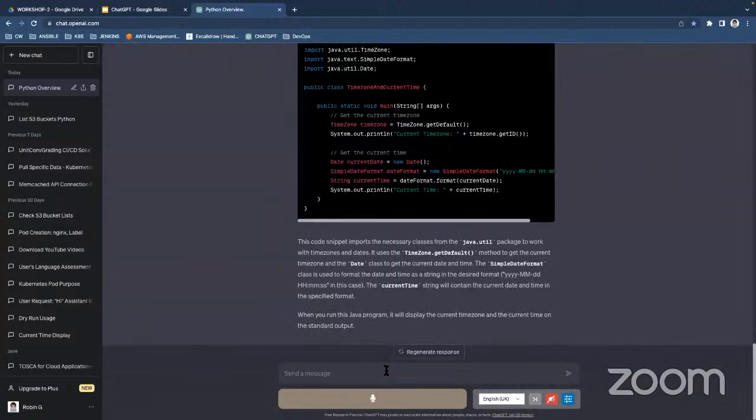So from this point, I may want it to create me a two-stage, multi-stage Dockerfile, so that the code will be compiled. Okay, so let's make it right there. Docker. But it's going to be a multi-stage, right? Multi-stage.